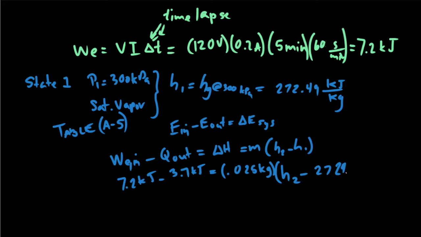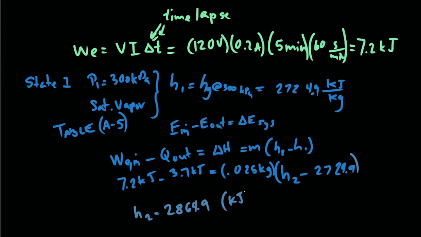2724.9. I think I put the decimal in the wrong place here. Let me fix that. Sorry about that. Hope this doesn't get confusing. The decimal's right there. Okay. Now we solve for h2. And h2 is equal to 2864.9